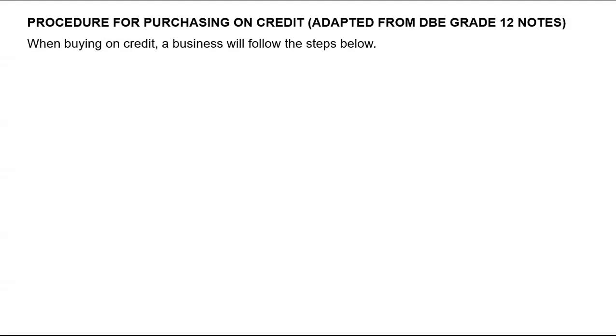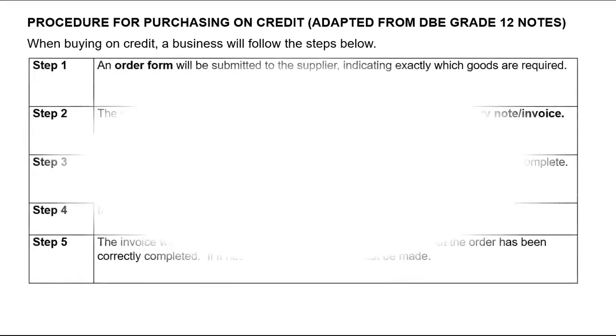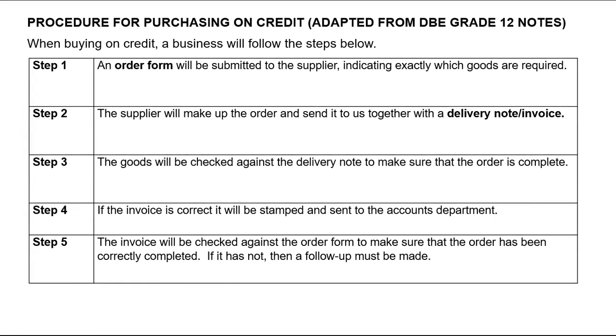Now, when we buy on credit, we will follow a couple of steps. I took this from the DBE grade 12 notes. Very, very good notes, I must say. When we buy on credit, the business will follow the following steps. Obviously, we need to complete an order form, which must be submitted to the supplier indicating exactly which goods are required. The supplier will make up the order and send it to us